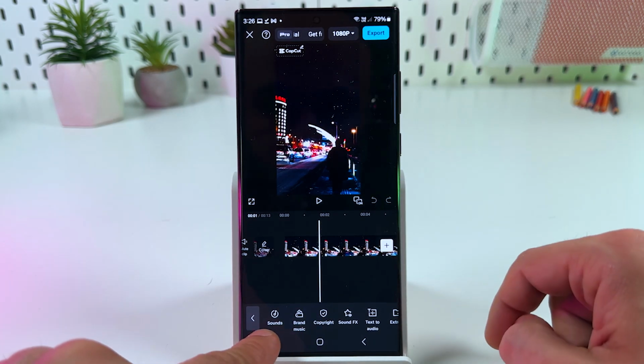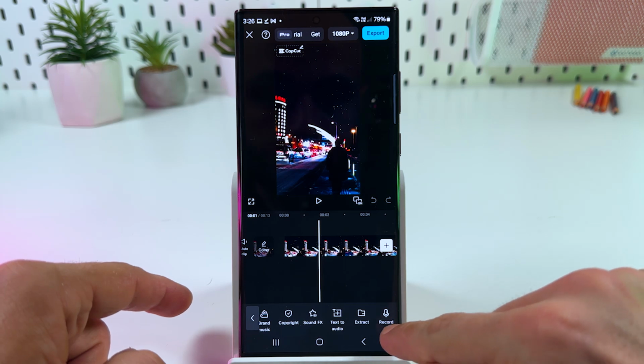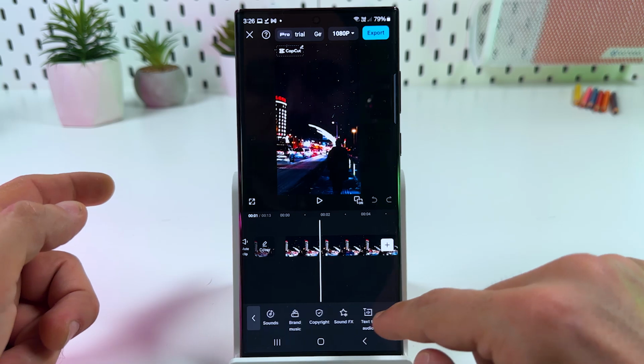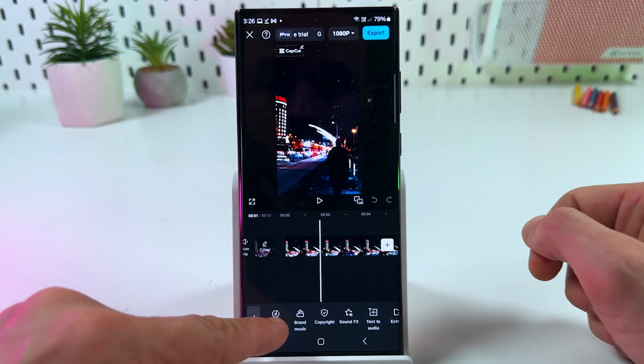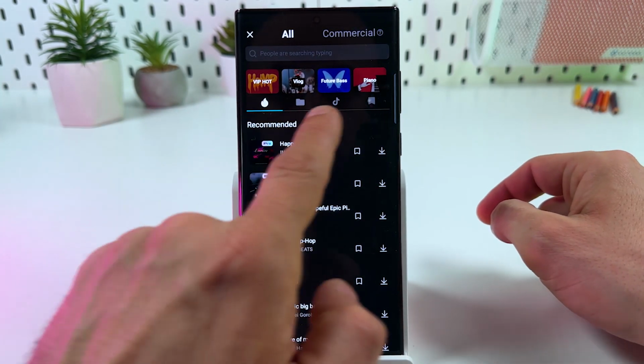So you have a few options. You can choose sounds, you can choose sound effects, you can record audio, you can extract audio from video. A lot of options, guys, and best of all, they are free. So now let's tap on sounds to add our own track, and here in this bar you need to choose